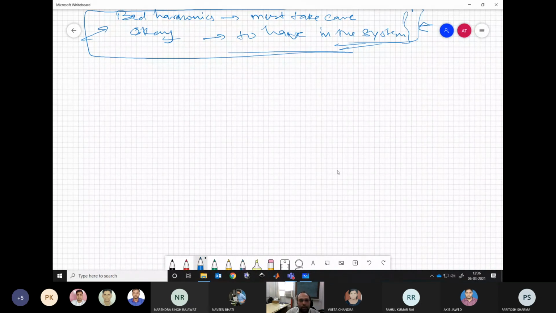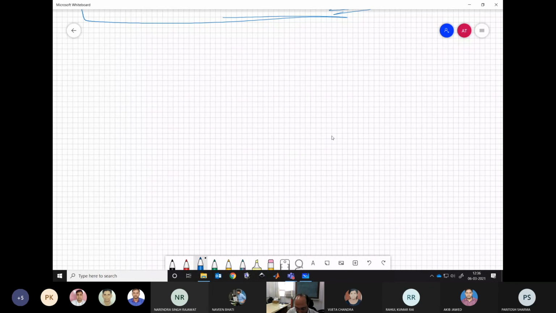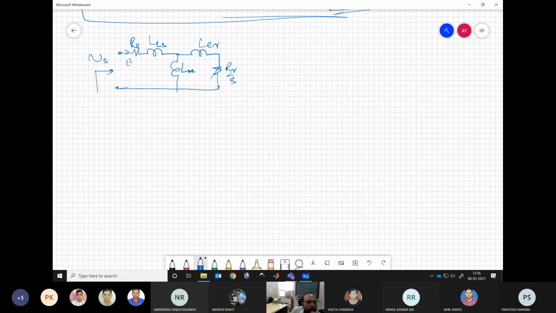Because this is mainly done for that. So we know that the per phase equivalent circuit for the induction motor for the fundamental component is this. So we have RR by S, then LLR, LM, the magnetizing inductance, then the leakage in the stator, RS, which is where we are feeding our input supply VS. So it's having these components IM, IR, and so on.